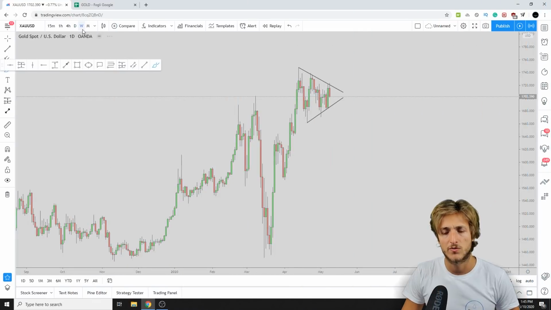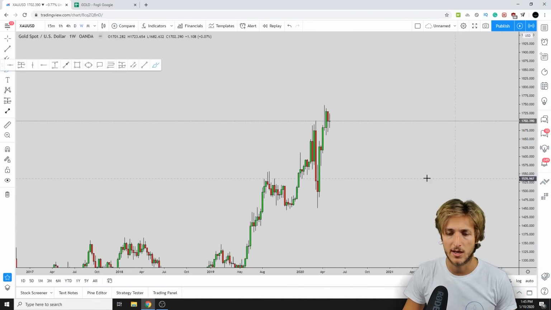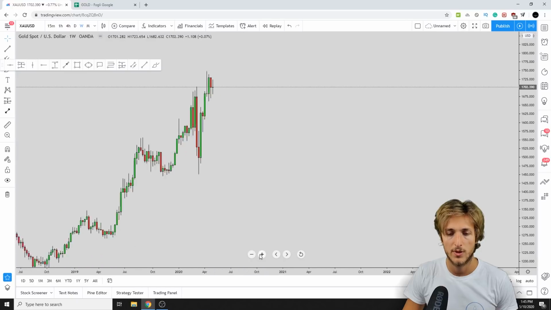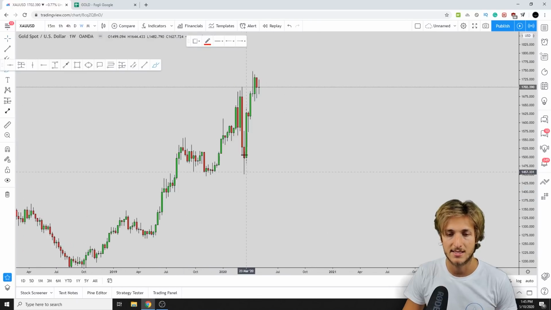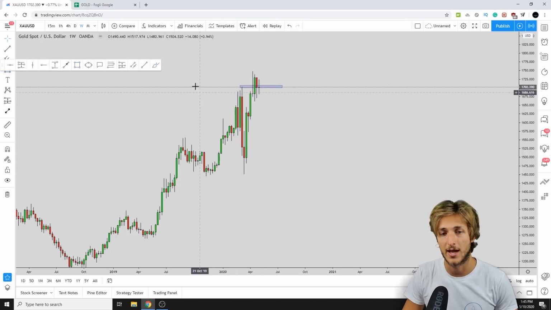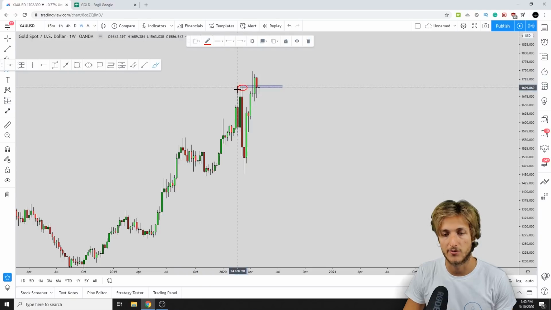Now, what is going on from a weekly perspective? On the weekly time frame, what can we see? We can see that gold has made this big push to the upside, and then at the moment it's consolidating. In which area? Exactly at the previous high. From here, the market made this big move to the downside, and now the market is exactly at this same level. From here, we definitely did expect the market to try to create a fake breakout